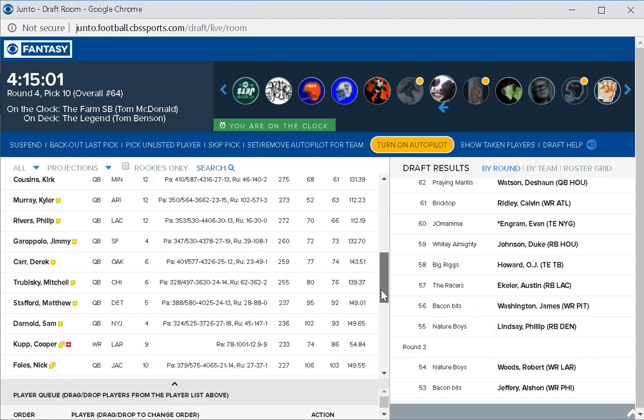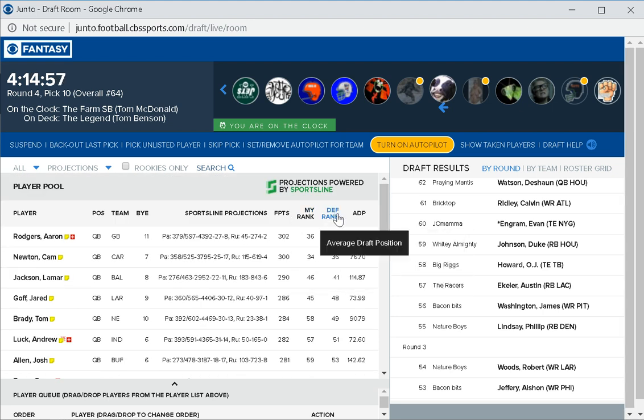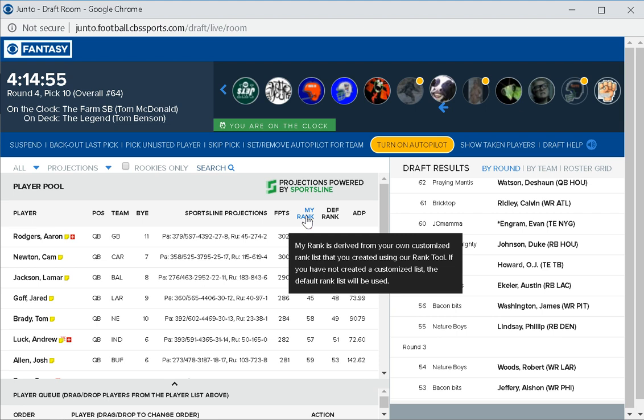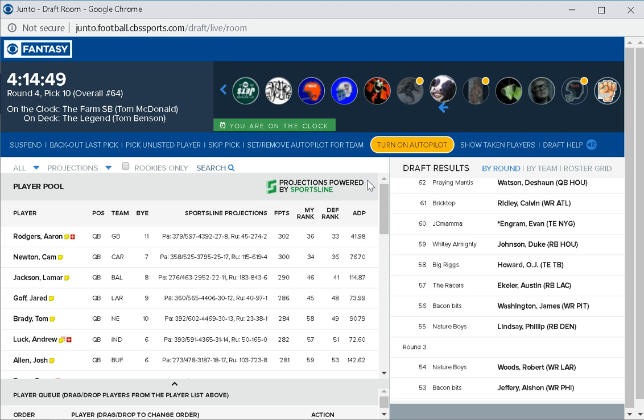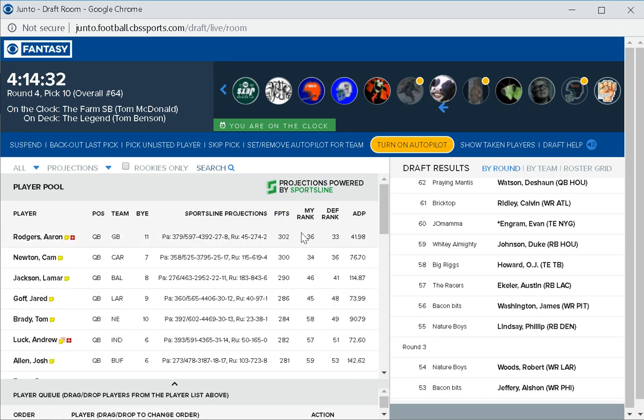based. When I came in here, in the original ranking, there was the default ranking, and then there's my rank, which was derived from VBD originally in my original review. But now, partway through the draft, or maybe I just didn't notice and it was the entire time of the draft, it's just defaulted to a ranking based on fantasy points. So you can see if I sort these by fantasy points,